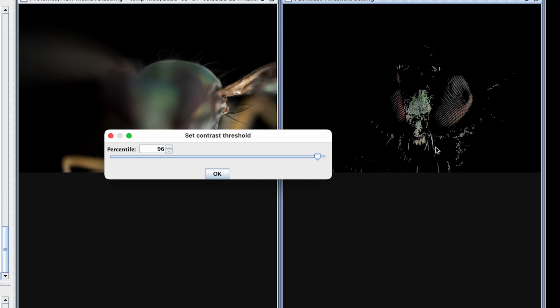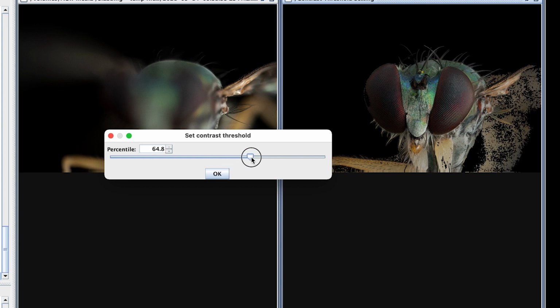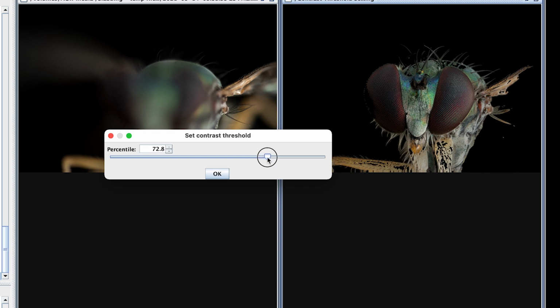So you're telling Zerene, this is sharp, this is not, and this is how I do it. I slide the slider to the left until all of my subject is visible. There's no black anywhere on it, because that black is a mask. The stuff under the mask won't be stacked, right? So I very slowly slide it to the right, and slowly the mask will start to creep in from the edges. And my goal is to cover as much of the unimportant stuff as possible